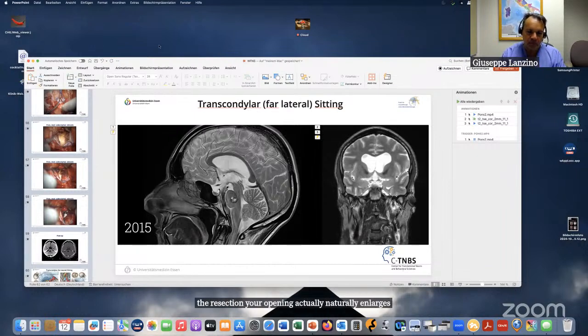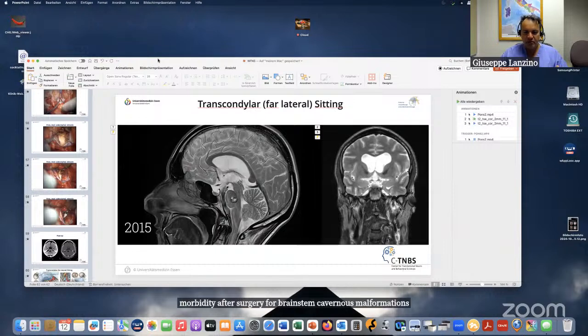And the other point that I like to make, I cannot stress enough the importance of what Professor Sure mentioned, how to be careful about the fourth ventricle, because truly, when I look at my morbidity after surgery for brainstem cavernous malformations,